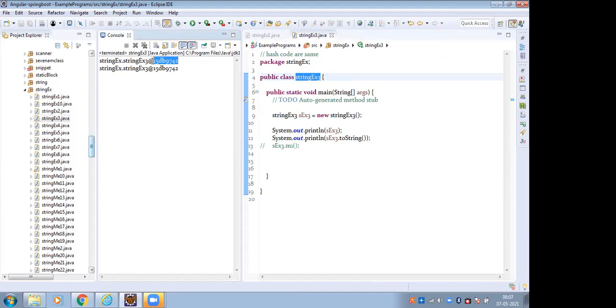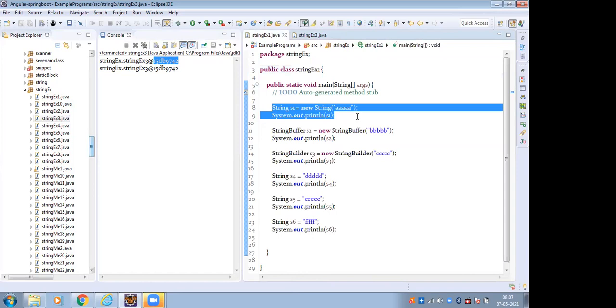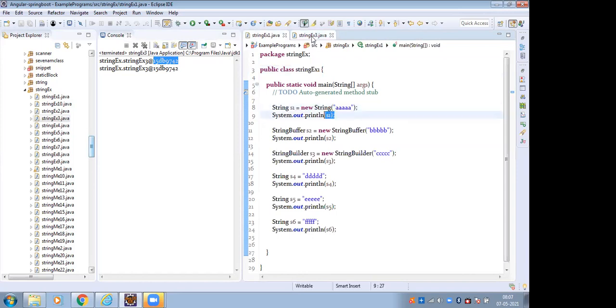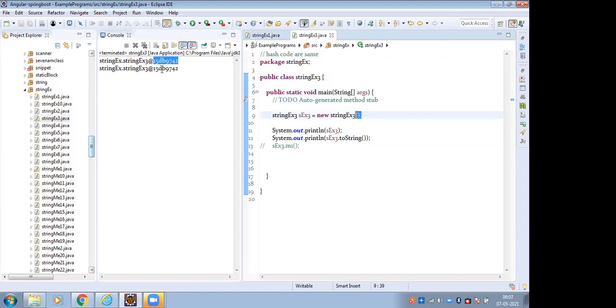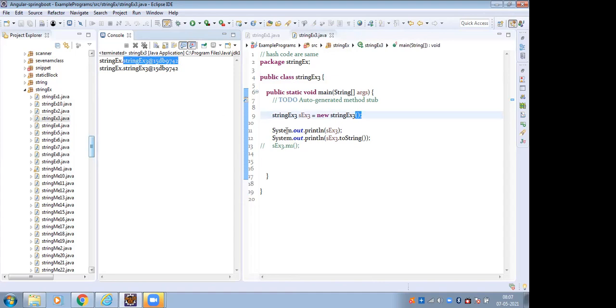Hash code is an integer value, generated by the compiler. Why is it generated? For object unique identification. So if I give the value, it prints the result. But here I have not given the value, so this is the result. Class name at the hash code only is printed here.